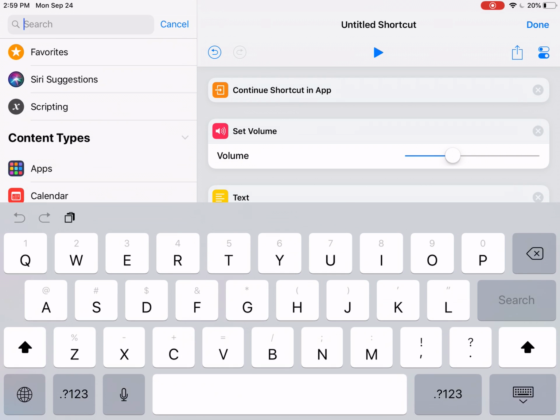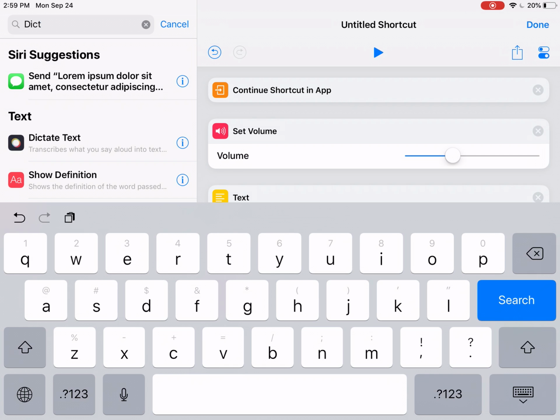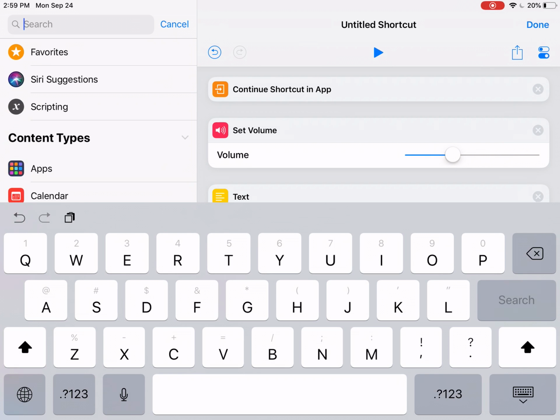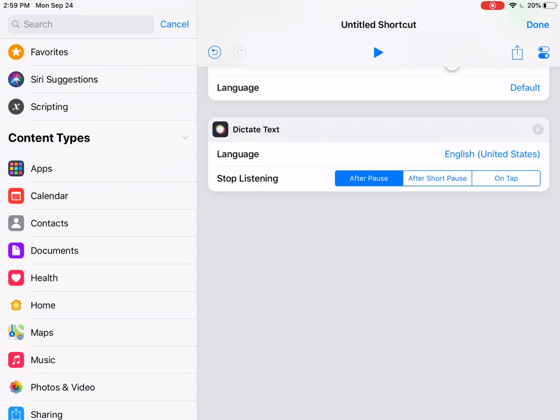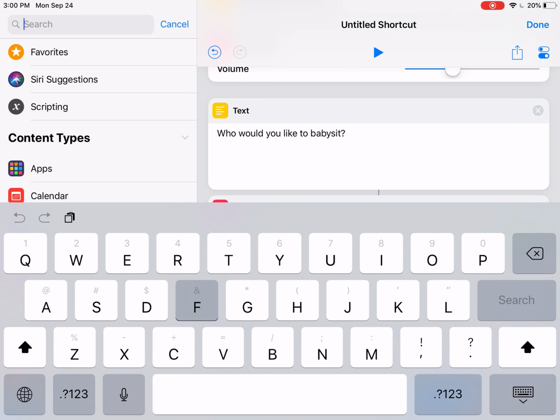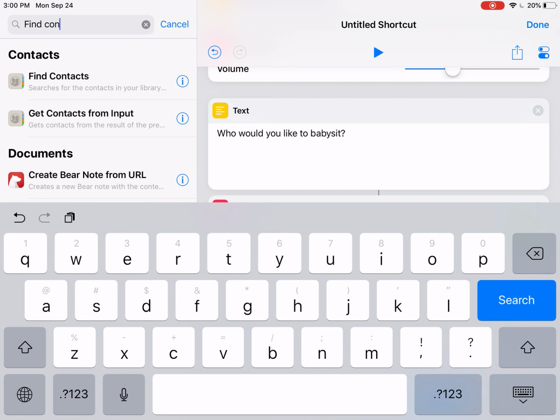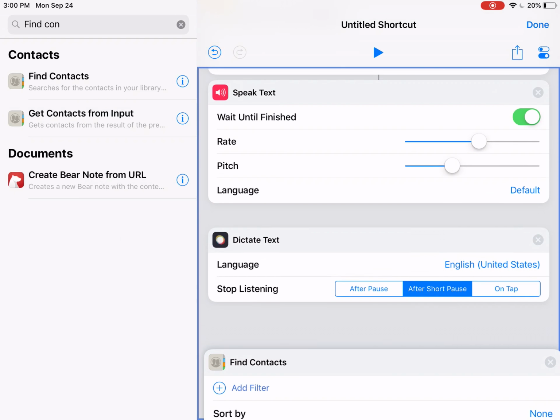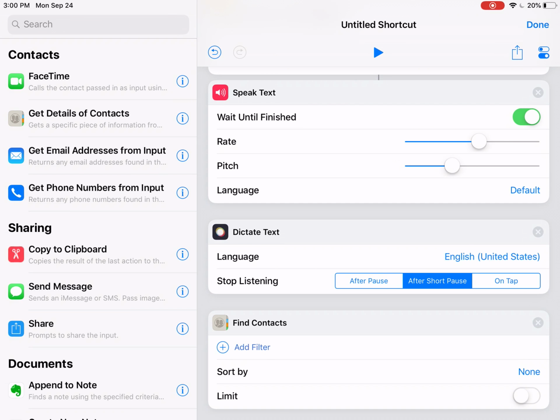The next step is dictate. So I'm just going to tap dictate text. That adds it to the bottom of my shortcut. This is fine. I'm going to change it to after a short pause, see if I can make this little chat with Siri go as quickly as I can. The next step is to find contacts. Right, so what Siri does is she just collected a name, and presumably the name of my babysitter is someone